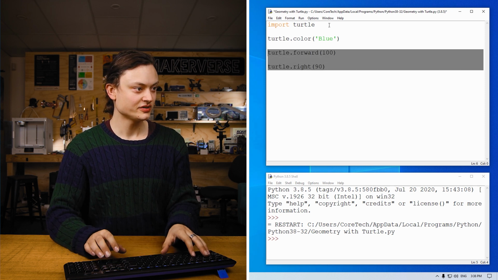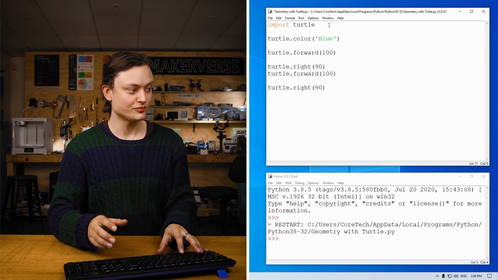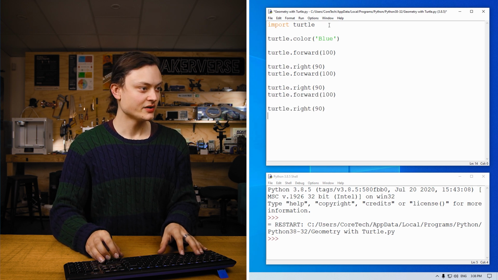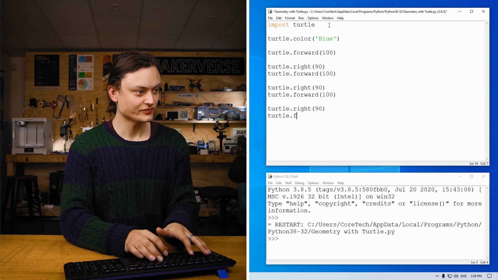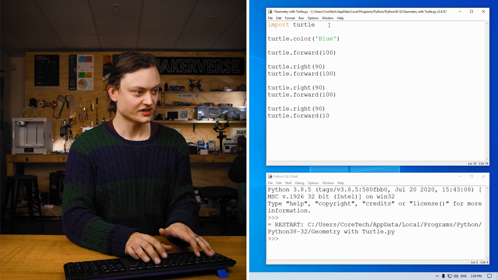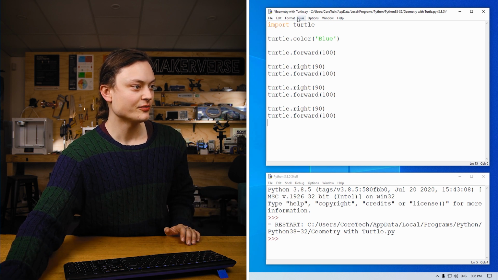So what we're going to do is repeat this process, moving forward, turning, and then 2, 3, and then one final turtle dot forward 100. And just like that, when I run this code,